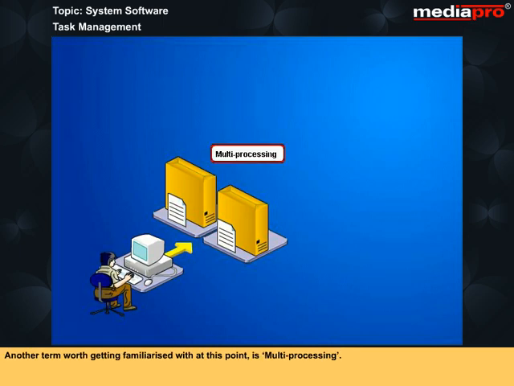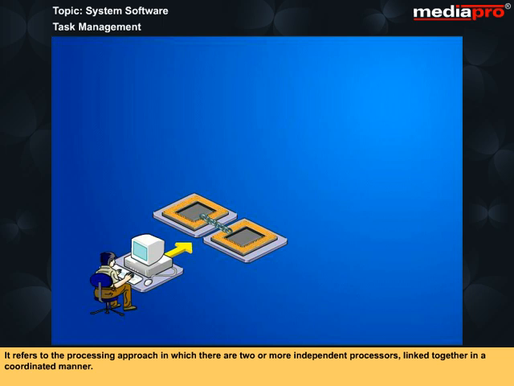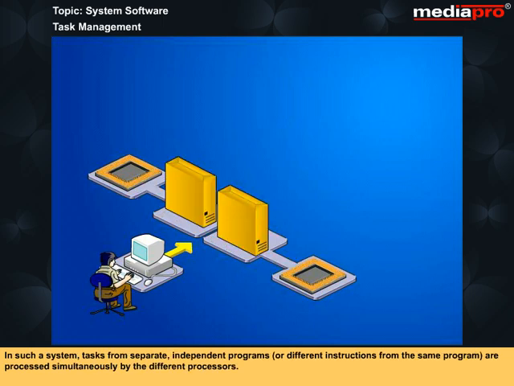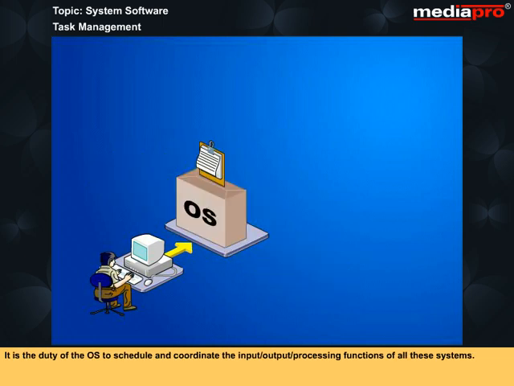Another term worth getting familiarized with at this point is multiprocessing. It refers to the processing approach in which there are two or more independent processors linked together in a coordinated manner. In such a system, tasks from separate independent programs or different instructions from the same program are processed simultaneously by the different processors. It is the duty of the OS to schedule and coordinate the input-output processing functions of